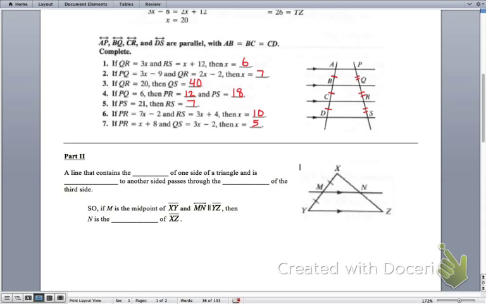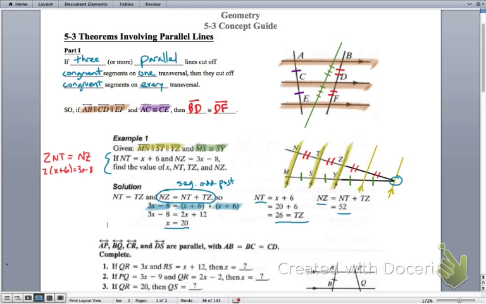Part 2. A line that contains the midpoint of one side of a triangle and is parallel to the other side passes through the midpoint of the third side. This is a very related idea here. If we know that M is a midpoint of segment XY, and we know that MN is parallel to YZ, what that is telling us here is that N also has to be a midpoint. This is really no different than what we were looking at in that previous picture. In fact, let me back up to this. In this picture here,